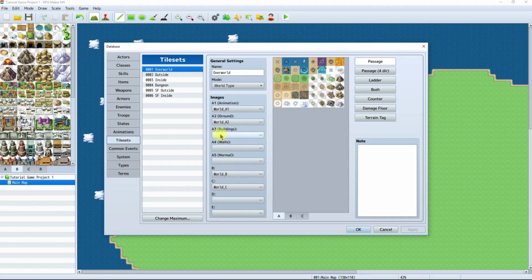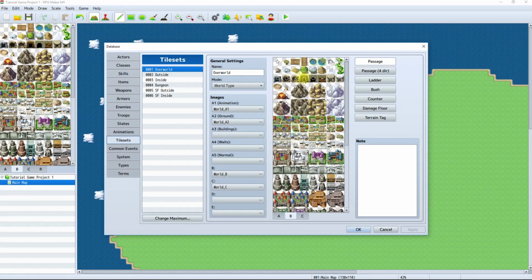And what we need to do is click on this tree icon. That way you can't walk over the top of the trees. So yeah. Okay, now that that's done,